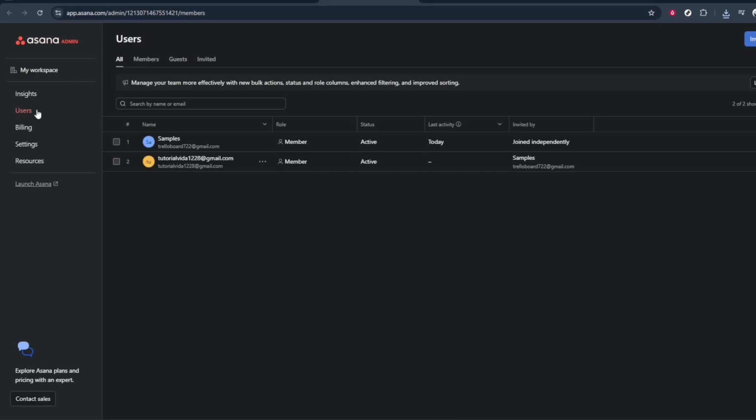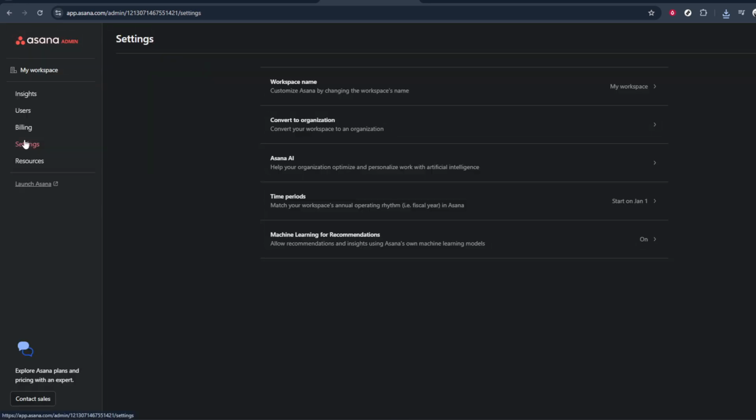From that drop-down, find and click on the option labeled Admin Console. If you don't see this option, it likely means you're not an admin in that particular organization, and you'll need someone with admin access to follow these steps instead. Assuming you do have access, selecting Admin Console will open a new panel or page with all the administrative controls